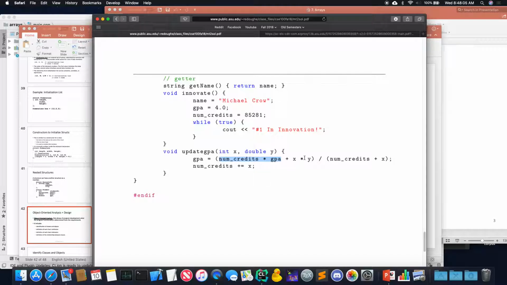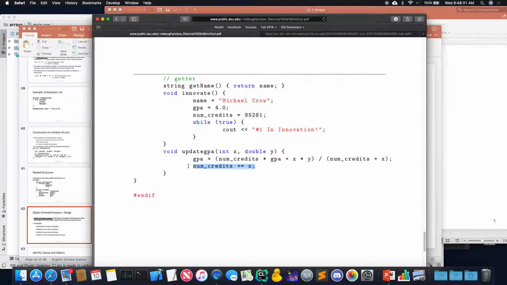Then the number of points of this new course being added is the GPA of the course you just got and the number of credits for the course you just took. So that's the number of points, and then divided by the new number of credits, the number of credits you took before as well as the new course.